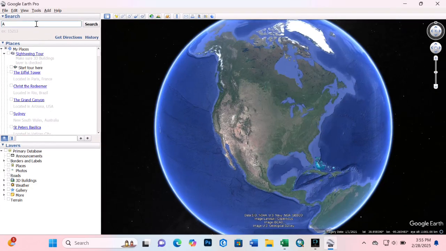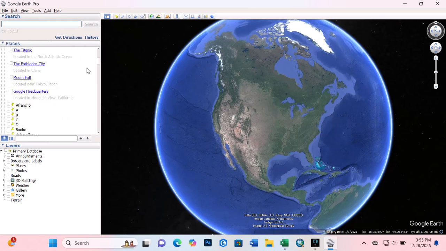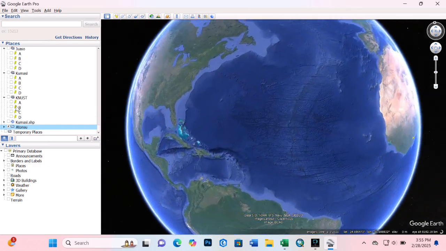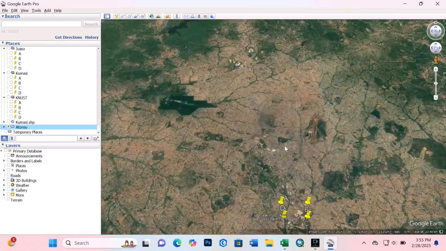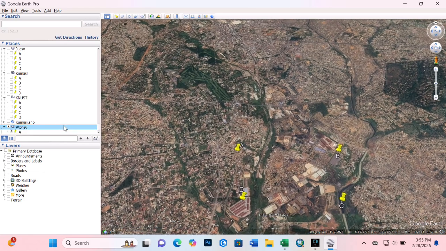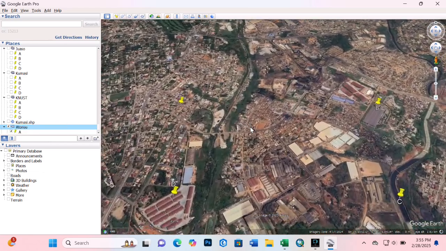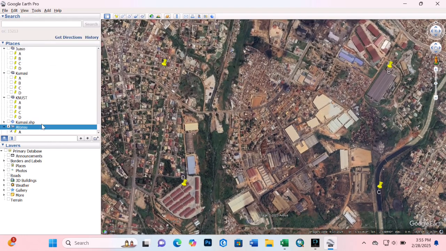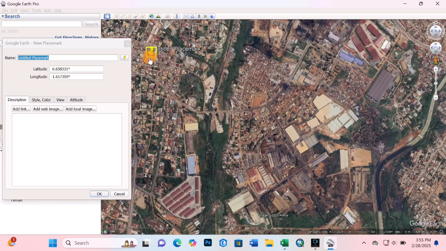Then you go back to the Google Earth Pro software and you search for your study area. So this is my study area. Then I search for it. Do you get it? So it will take me there. When it takes me there, forget about this point. They are the points I used in the first video. So you zoom to your perfection. Then you can tilt it at the view part. You see, I have unchecked those points, so I am starting to select my point A, B, C, D for